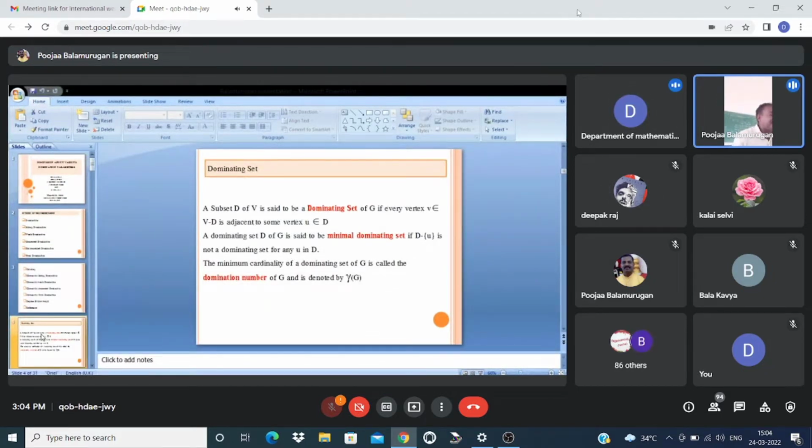So what is a dominating set? A subset D of V is a dominating set of G if every vertex